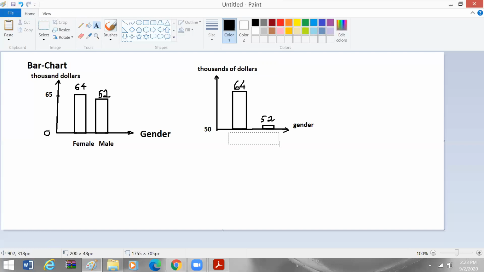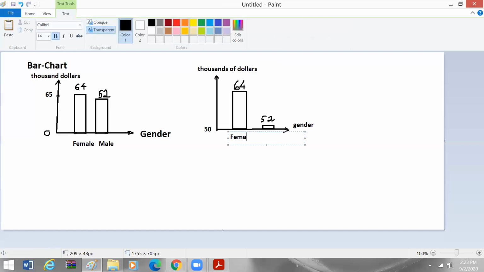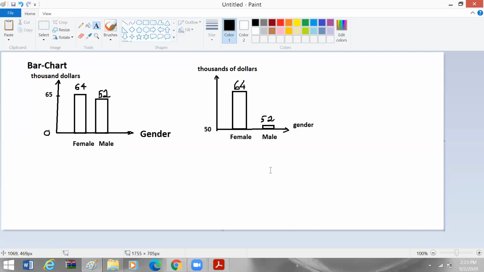And then we have the female and male. Right. So they basically have the same thing, except for the fact that one starts from 0, so we can see that the income difference is not that big. Another thing is when I start from 50K, the categories will be on the x-axis, which is the horizontal axis. The frequencies or something that we want to compare will be on the vertical axis. Okay, so this is the bar chart of the gender and the income being made between these two genders.